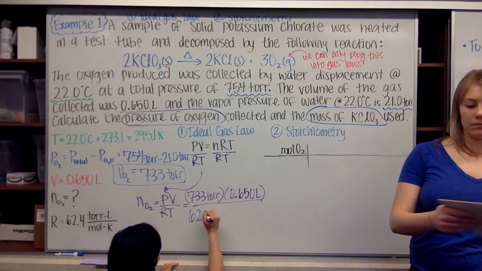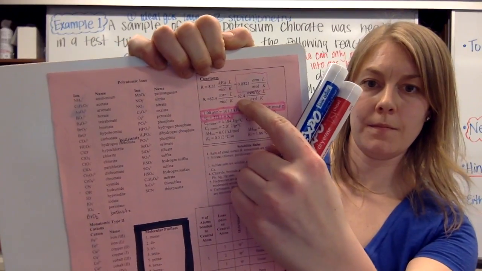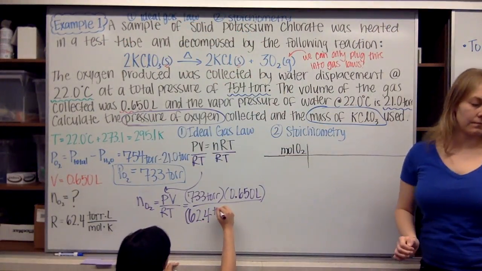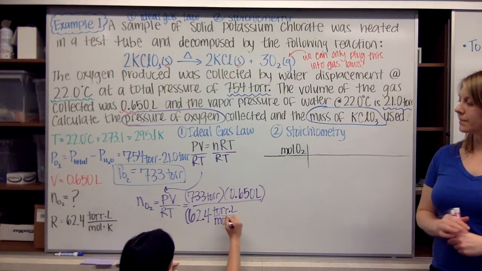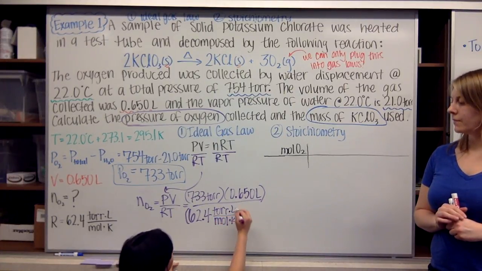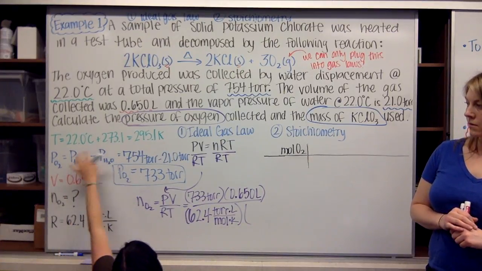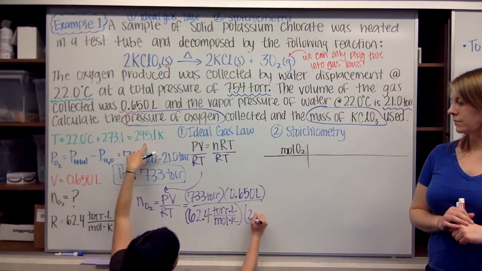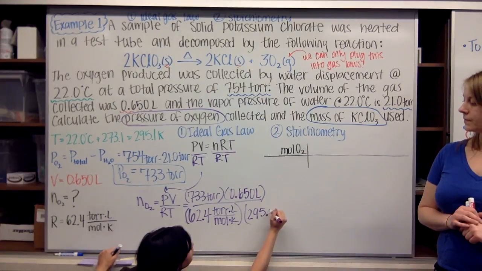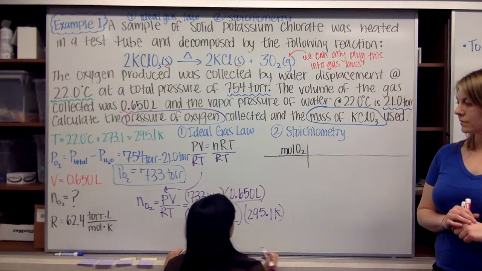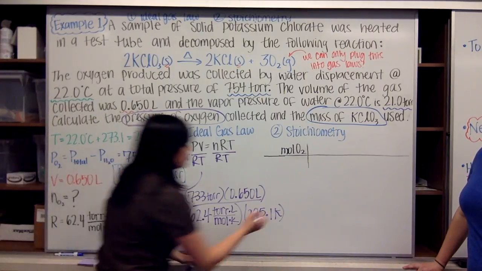Remember, this comes from our unit, which is torr times liters divided by moles times K. And then my temperature, which I already changed for us, is 295.1 Kelvin. Okay? Multiplying this all together, I get my answer to be